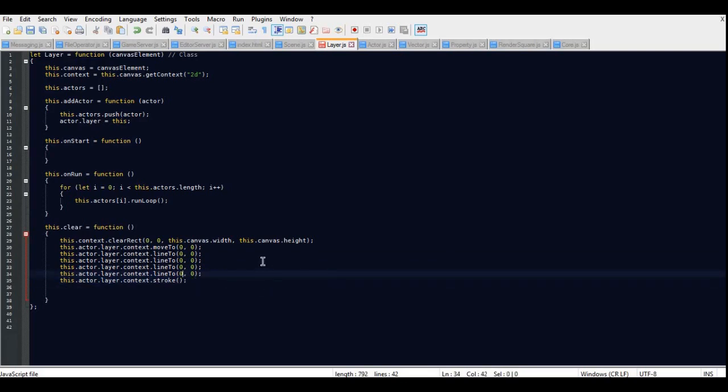I hope I haven't got to do the thing where I set it to a new canvas every time, which probably is going to be the case. Let's just do canvas.width, canvas.height, and back to 0, 0, and